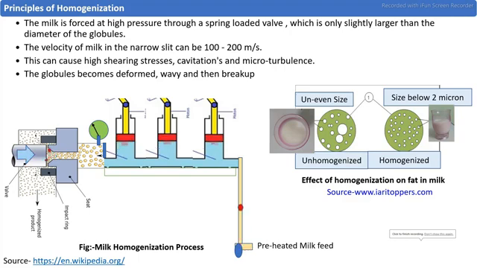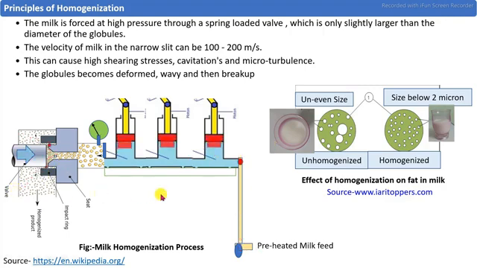What is the basic principle of the homogenization process? In the homogenization process, the milk contains fat globules of non-uniform size, in the range of 2 to 12 microns. These non-uniform fat globules are converted into uniform ones by the homogenization process. The fat globule size is reduced so that they are uniformly distributed, and finally we get a homogeneous mixture.